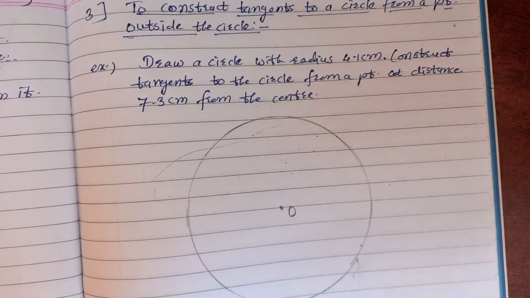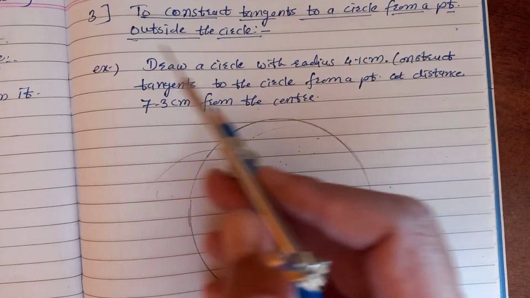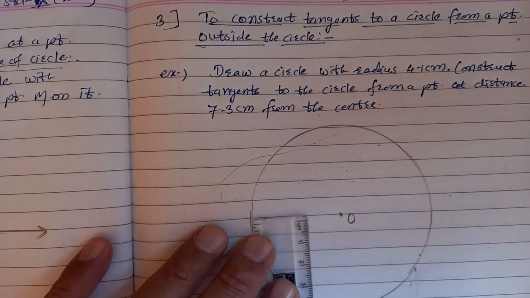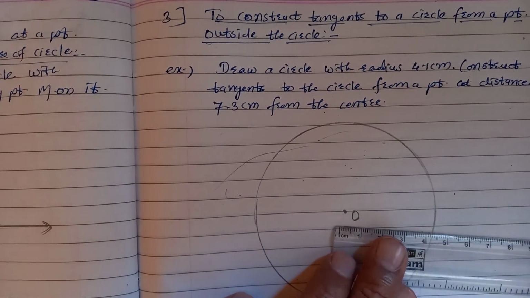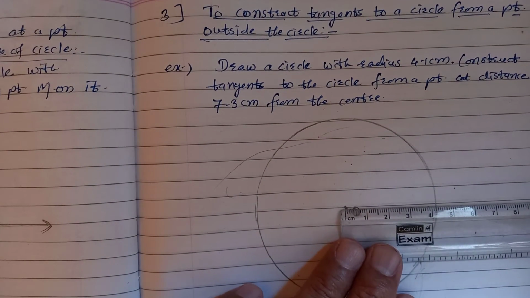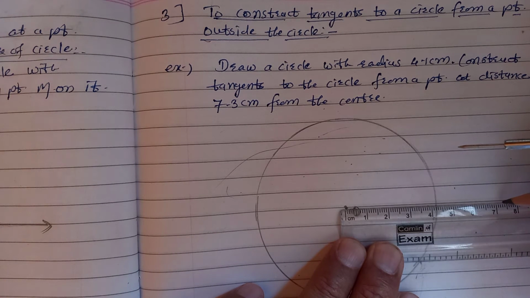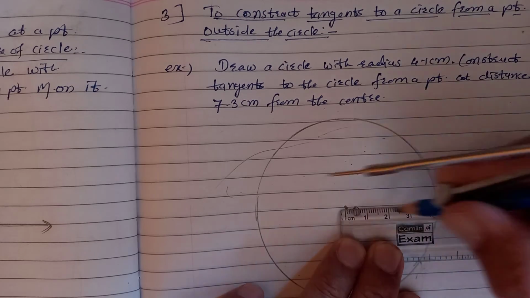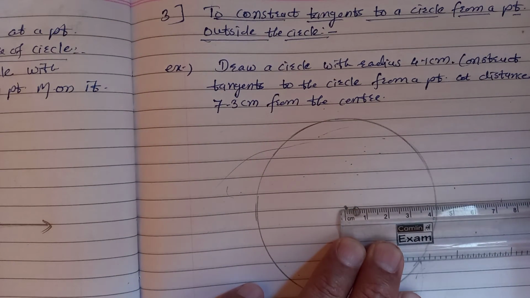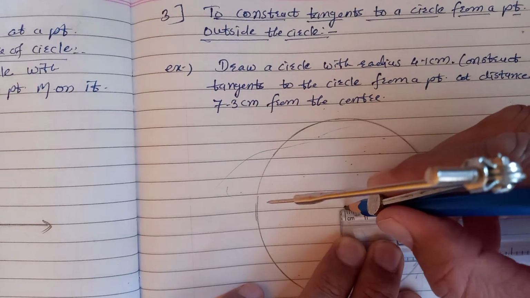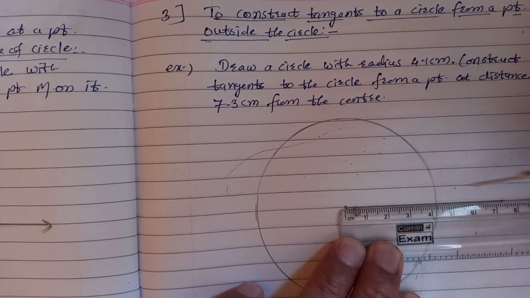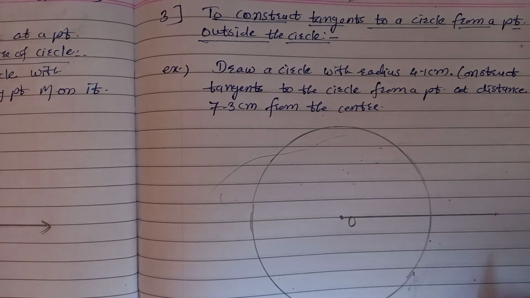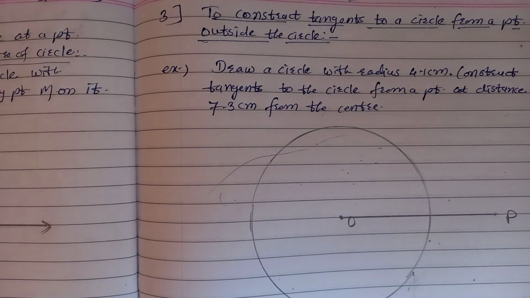Now what is given? Here you have to take the distance 7.3 to a point. You can take this side also or east side. If you take this side, 7.3, see, from this 7 centimeter and 3 millimeter up to this we have to draw one segment from the point O, exactly 7.3. Another point here we have taken, that is P.